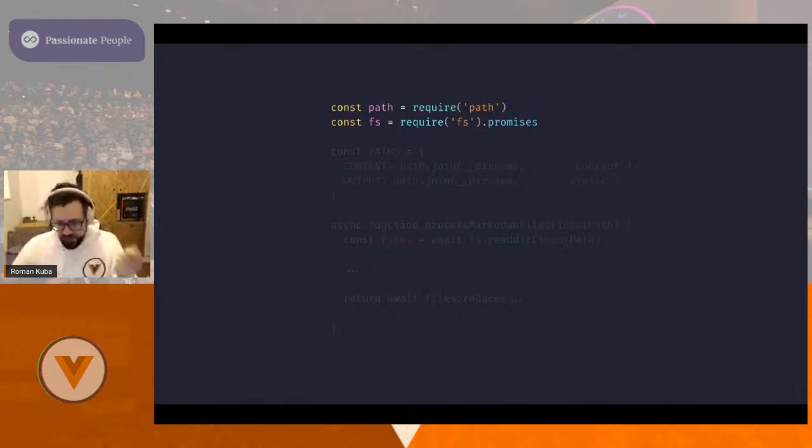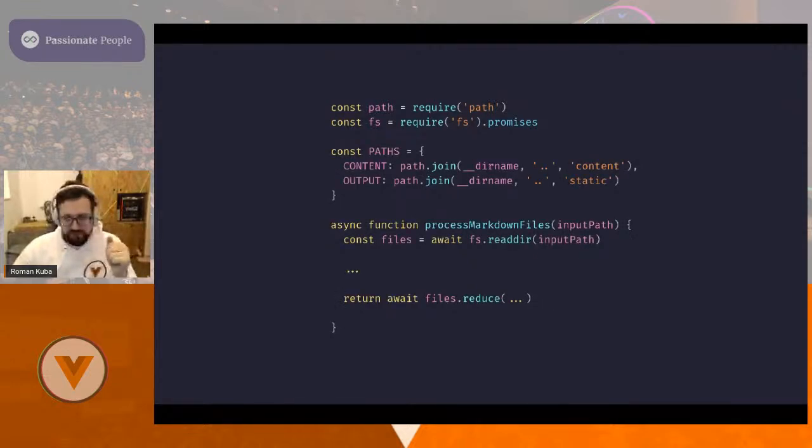And one thing I had in my mind from working deeper with Node is this callback hell we're all familiar with to a certain degree. And especially with the file system, there are a lot of asynchronous operations happening. So one thing I stumbled over is the promises key. Then you get all the file system operations as promisified functions, which is super nice. So that's something we can make use of.